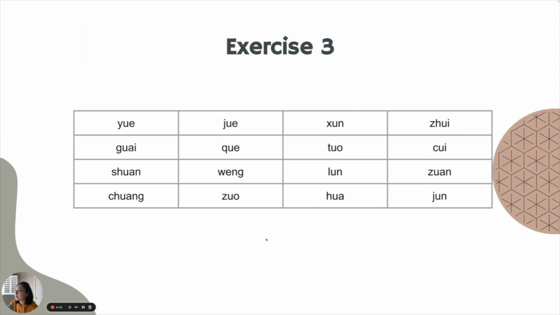Okay, let's practice them. Go ahead and pause the video and then try by yourself, and then we'll try together. Okay, let's pronounce them together. First one, yue, and then just change the initial, jue, and then xun, zhui, G-U-A-I, 怪, the Y and then the G, 怪,